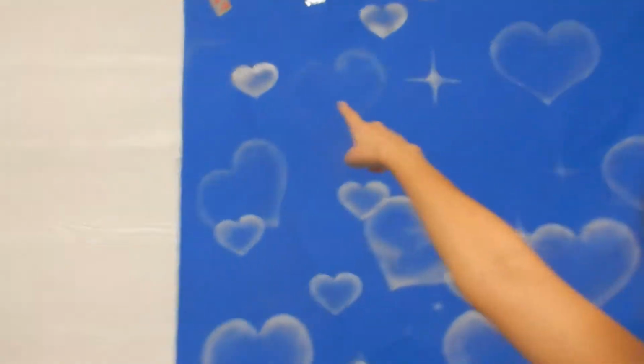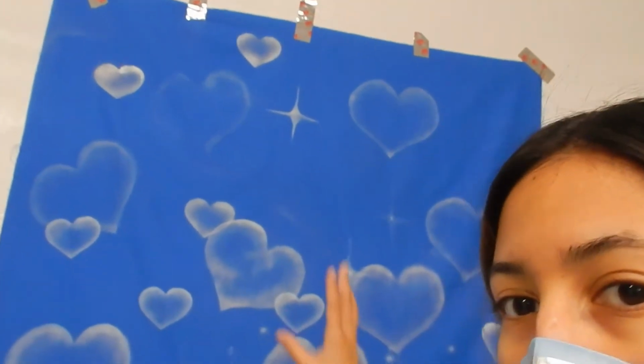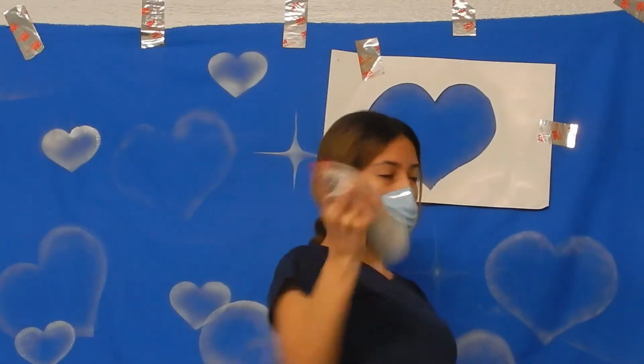Look, this is Alejandro's heart. I'm going to try to do the top with some spray paint. And those top two little hearts right there, those are spray paint. As you can see, it will be different. It's not going to have the cute little effect like this, but at least I know that it's somewhat filled. All right, time to start spray painting on this